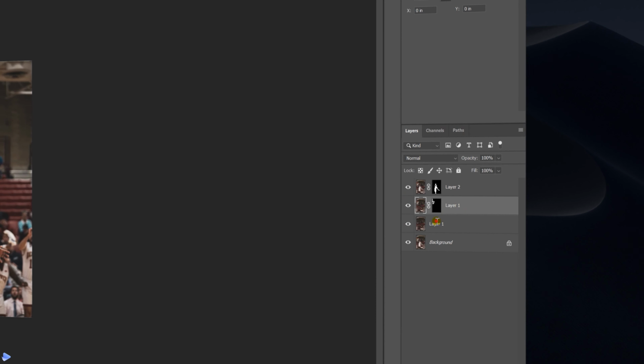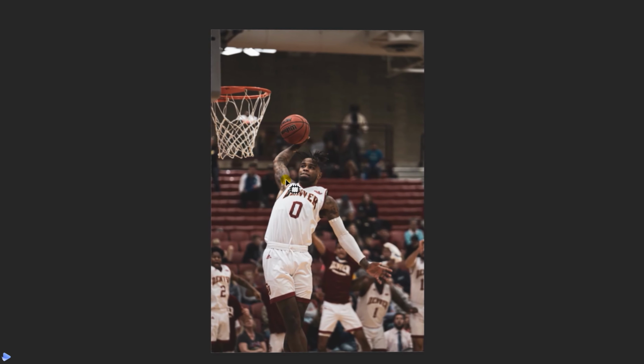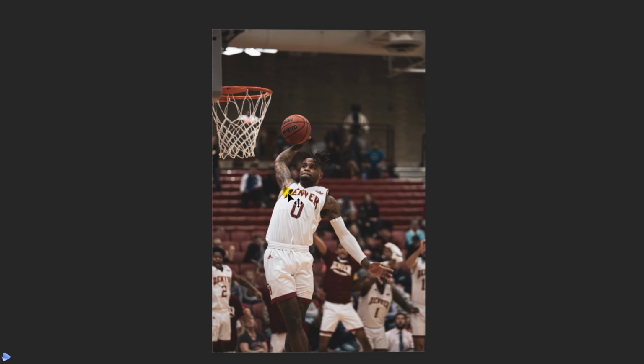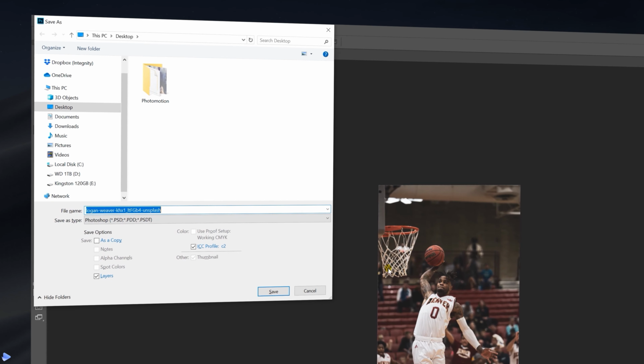So let's rename our layers to avoid any confusion with After Effects. So let's just make sure to save this somewhere convenient. Just make sure that when you save this project, place it somewhere where it's not going to get moved or shuffled about. Otherwise, we're going to run into a very pesky missing message from After Effects.